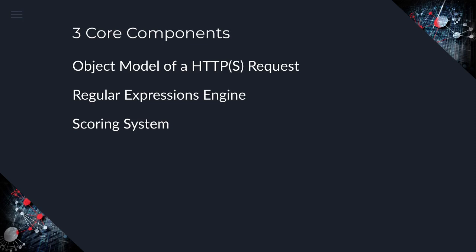And the first one is an object model of an HTTP or HTTPS request, right? So you have IP information. You have all of the headers for the HTTP request. You've got the body of the request. You have the URL. You have the query string. All of that fits into this object tree, and you can look in various places there for particular types of